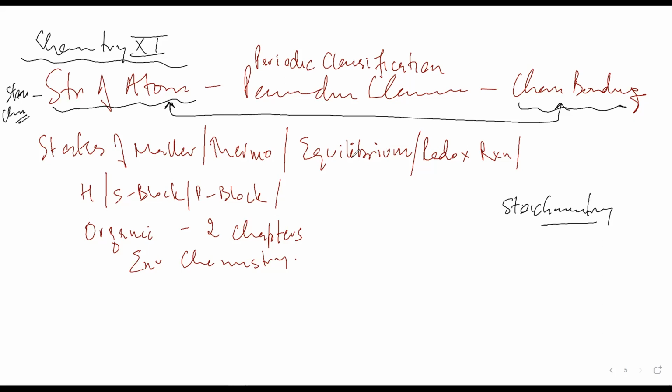Because usually what I've seen is that all these concepts are very alien. We haven't read or studied about any of these concepts in class 10th, if we are an average student, unless we have gone to those foundation colleges, IIT foundation or NEET foundation, that students usually start going to in class 9th and 10th. And an average student is not very okay with the advanced concepts in physics. So that is why I'm suggesting again and again that whenever you are reading these two chapters, structure of atom and chemical bonding, if you get confused about any topic,